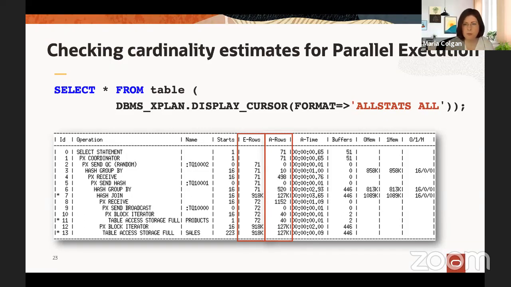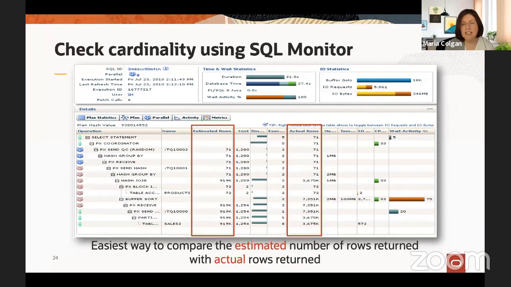Now, be very careful with this approach, especially if you're on a busy system where lots of people are executing these cursors at the same time or over time. The reason being is ALLSTATS ALL is cumulative. It will constantly add the next execution of that cursor to the running total. So your A-Rows may be way off from your E-Rows. This trick only works if the parallel executed query has only been run once. If you can't guarantee that, the only way you can get a good cardinality estimate is to take advantage of